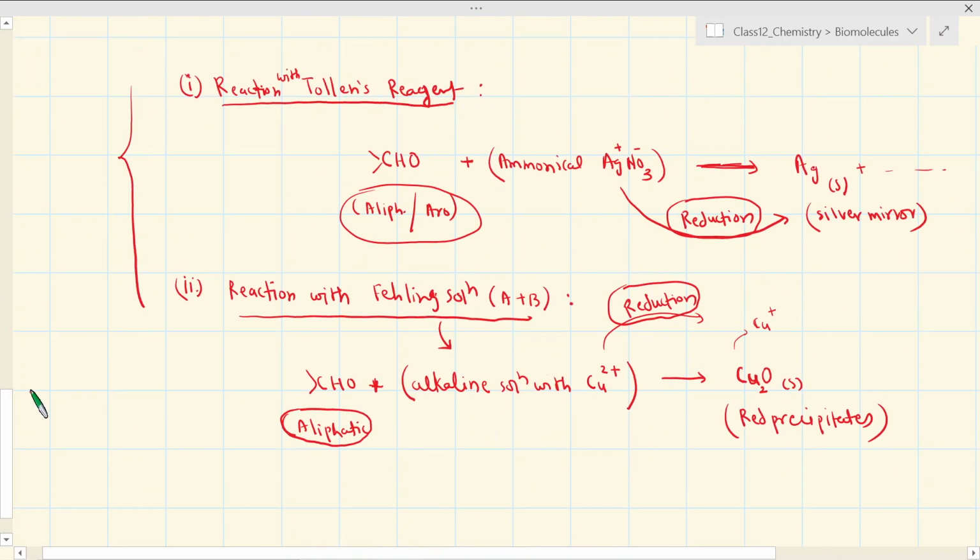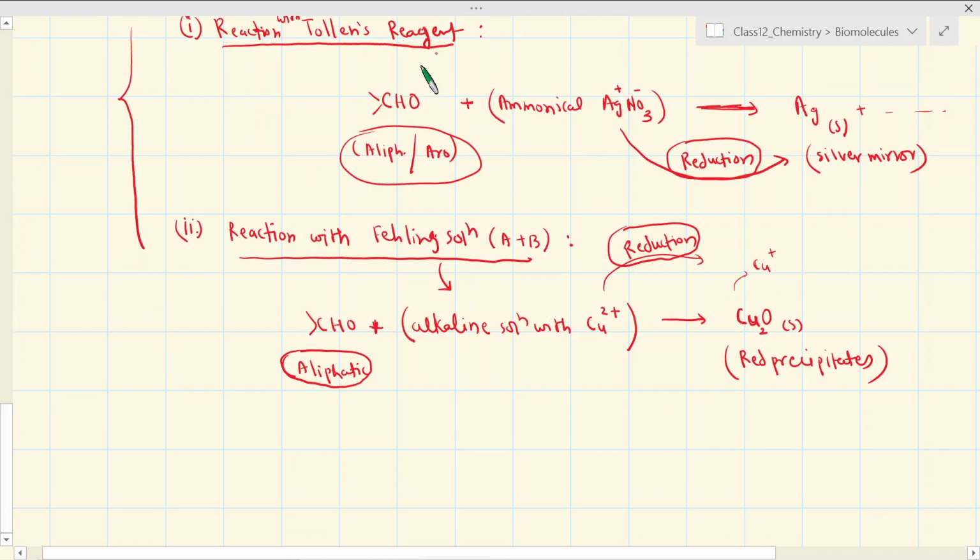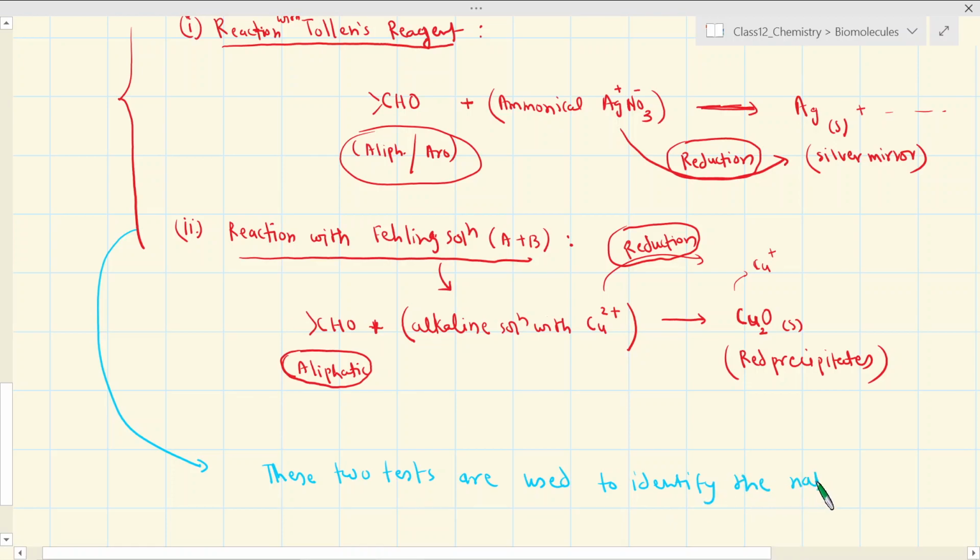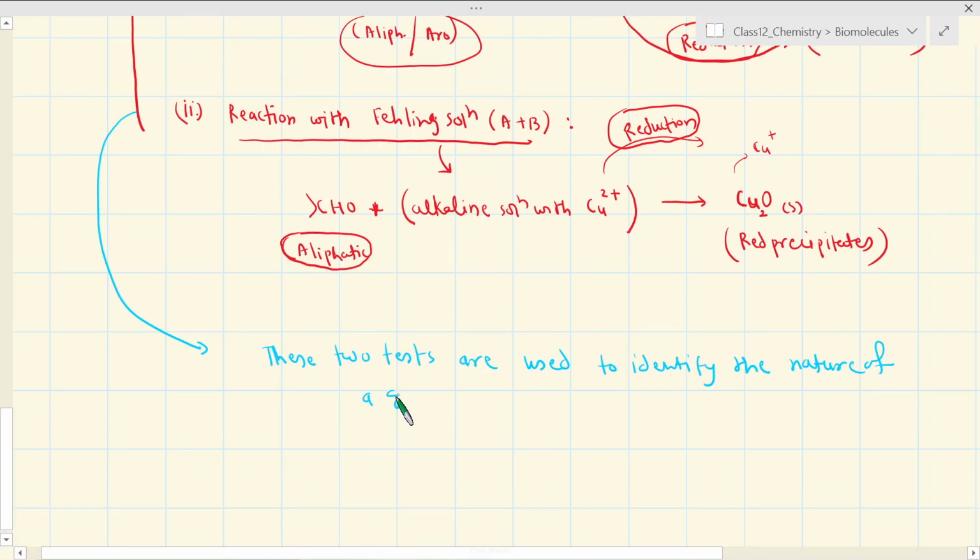So these two tests are used to identify the nature of a given carbohydrate,